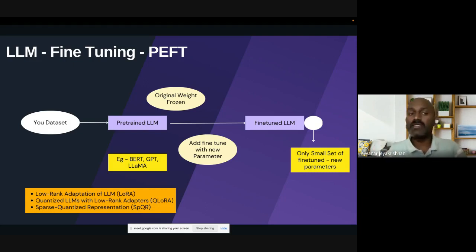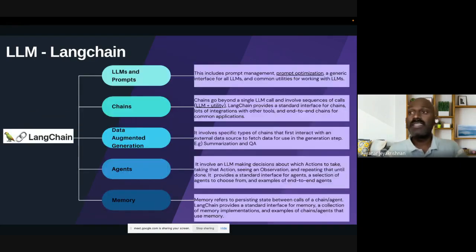These are the three techniques you can use while doing fine tuning with PEFT. This is very important because enterprises want to make sure they fine tune the model in a cost effective manner, so they adopt PEFT to fine tune their models. Then this is very, very important. People who are developers in Python or JavaScript, I highly recommend you take a look at it. You need not know the nitty-gritty of the language model. You can understand basic prompting, use LangChain, and build a fantastic application.